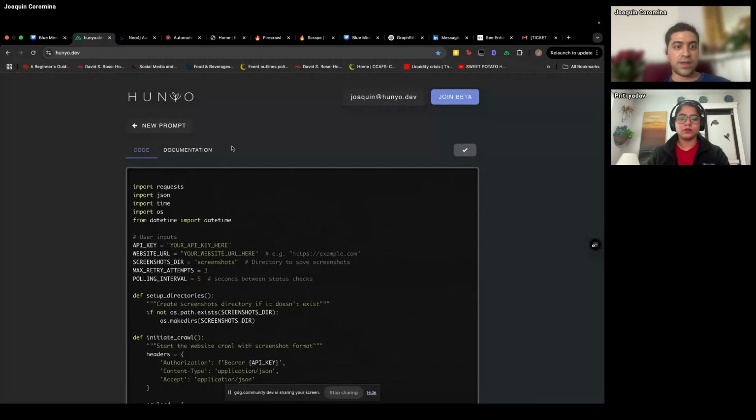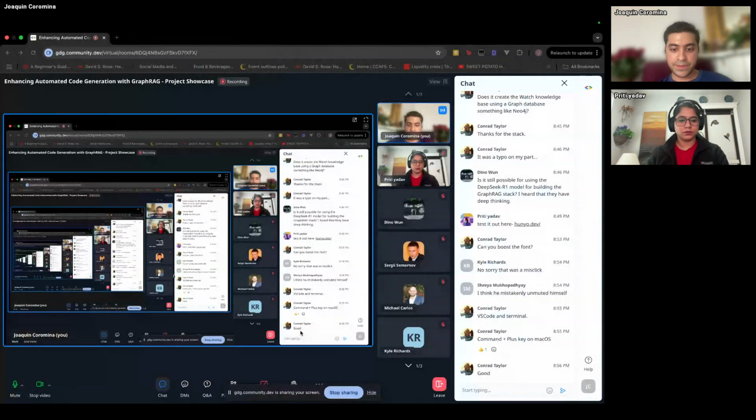So, well, that's pretty much it. So that is how I used GraphRAG to improve code generation for Claude 3.5 Sonnet. Now, before I go into the core benefits that I believe exist from this and also the core implications that come out of it, I want to know if anybody has any questions regarding this.